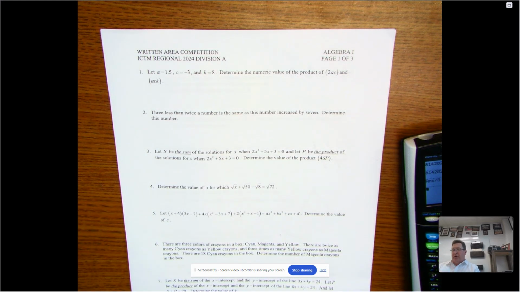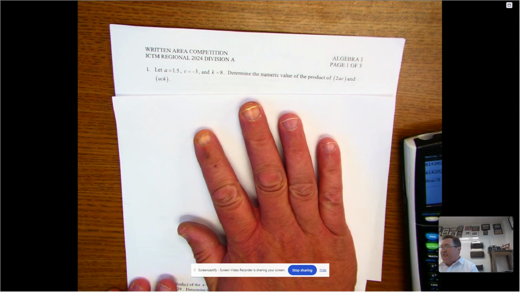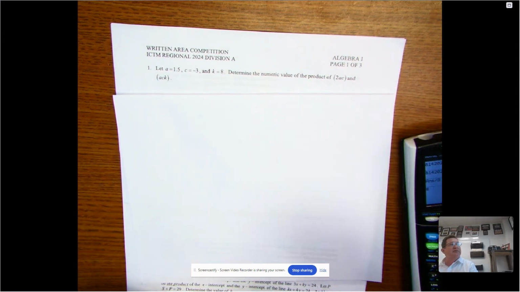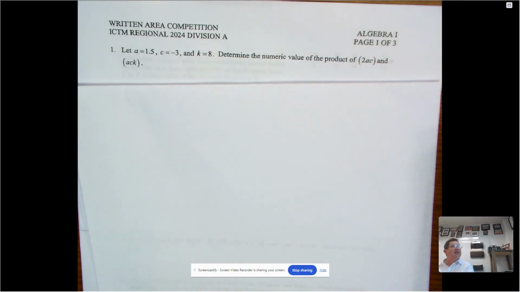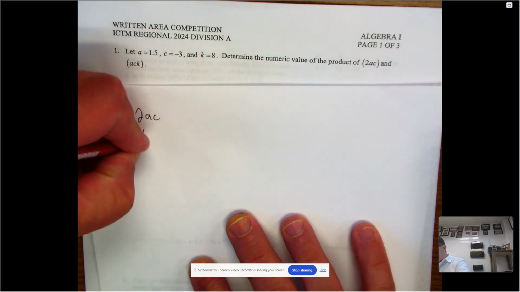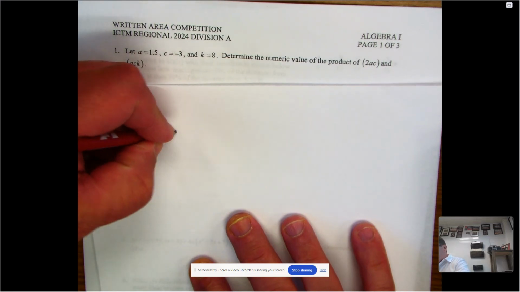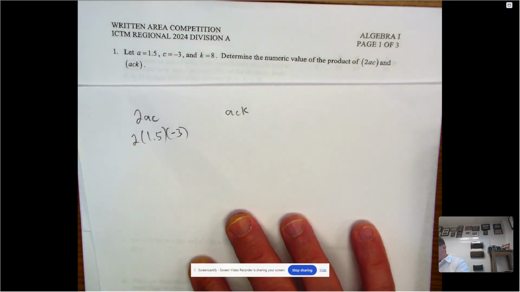We're just going to do question 1 on the 2024 ICTM test. Question 1s are generally not as hard as some of the other ones, but we'll just go ahead and do it anyway. On question 1, it says let A equal 1.5 and C equal -3 and K equals 8, and determine the product 2AC and ACK. And so 2AC would be 2 times 1.5 times -3, and ACK would be 1.5